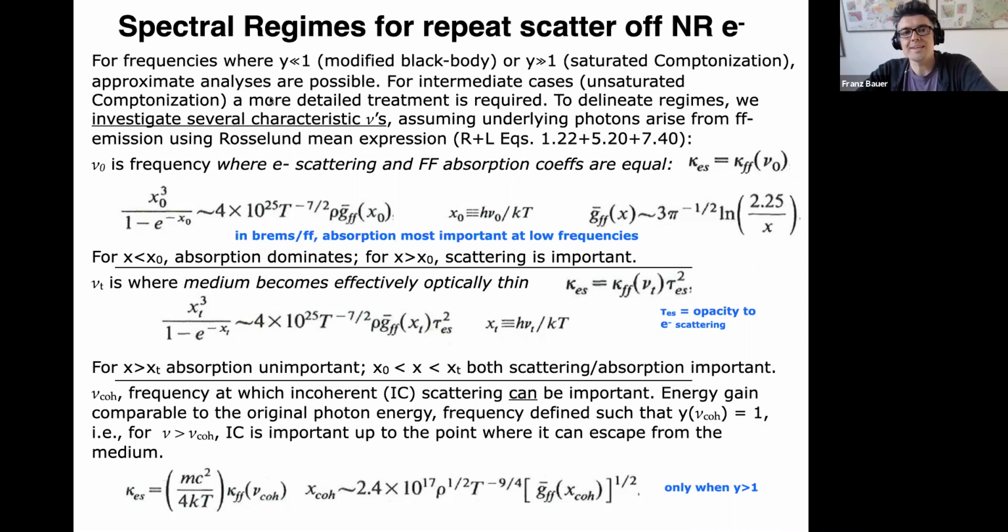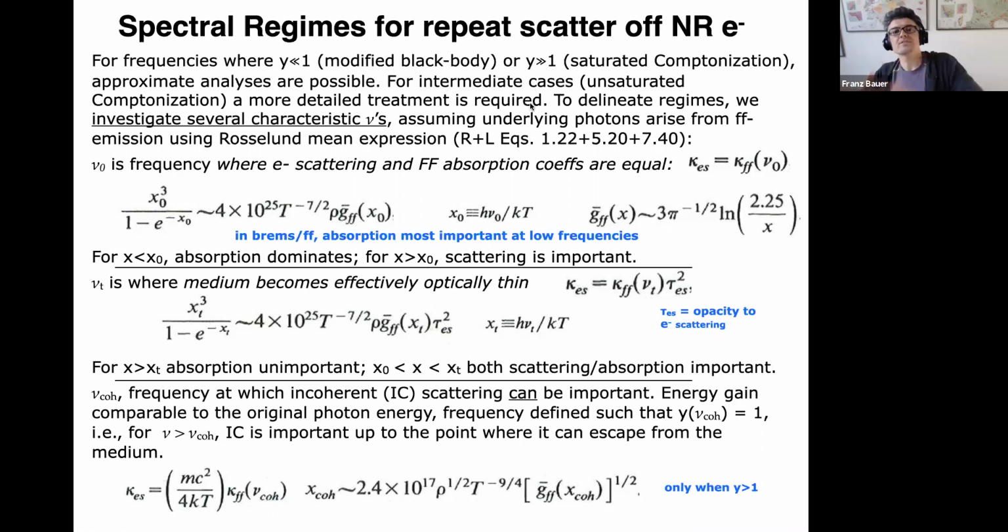There are intermediate cases, which are unsaturated Comptonization. And there you have to have a detailed treatment of it. You can make some approximations under, I would say, optimistic or simplified conditions, but it's still a little bit tricky. And we can delineate the regimes between these three cases,